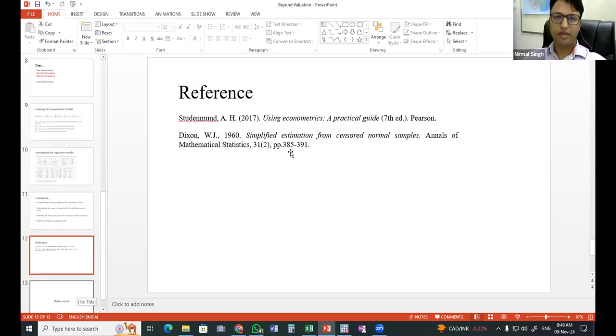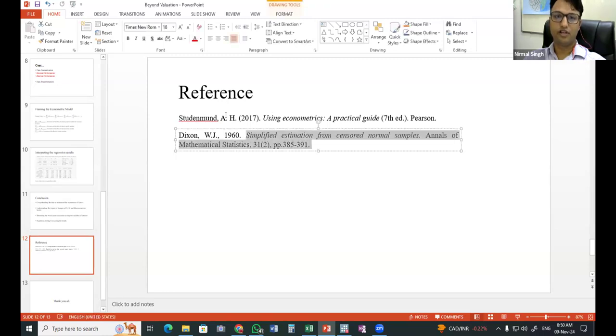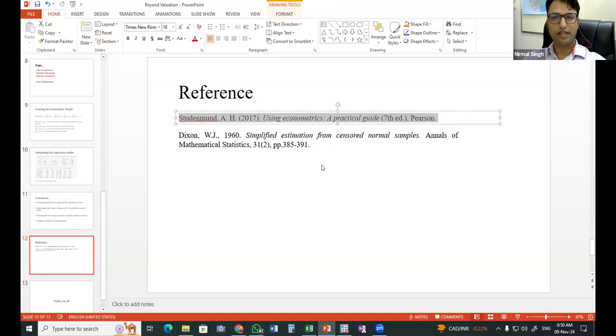For that, I have given, ma'am, one reference book. It will give brief guidelines. It is an introductory book which will allow you to understand different types of data sets and different types of models which we can apply on different types of data sets. So this book you can rely upon, and there are other books which we can rely on to understand these initial data analysis techniques.